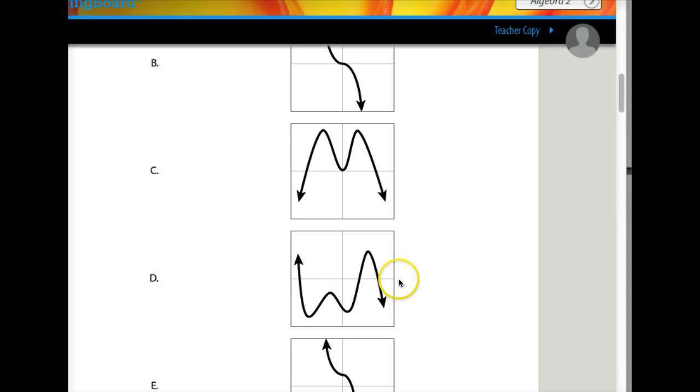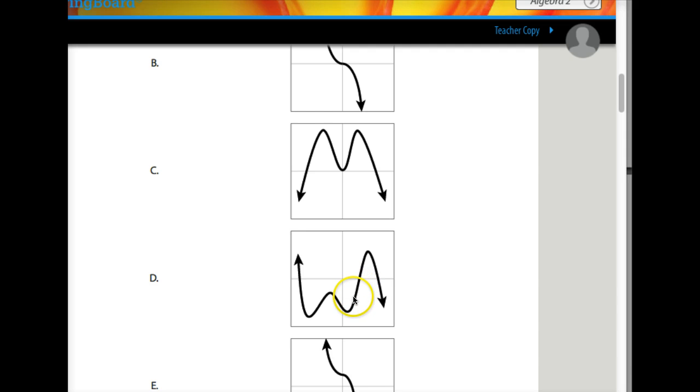Left arm's up, right arm's down, which is what happens on negative odd. Also, if you look at the number of relative extrema, there are 1, 2, 3, 4, which means that this has to be degree 5 or higher. This graph would not be possible for anything less than degree 5 because remember, the number of relative extrema,